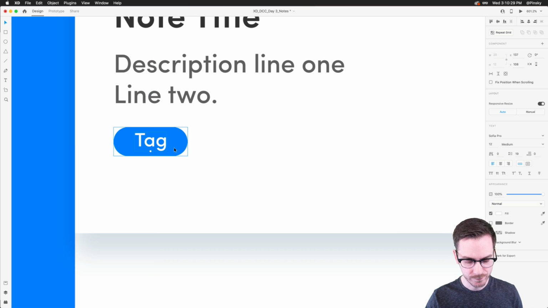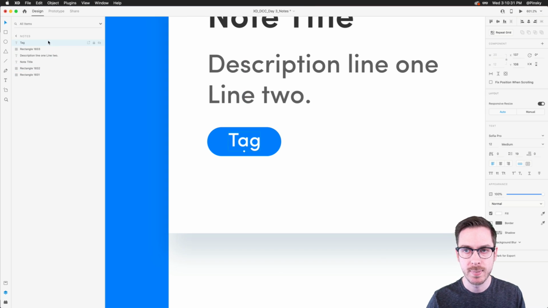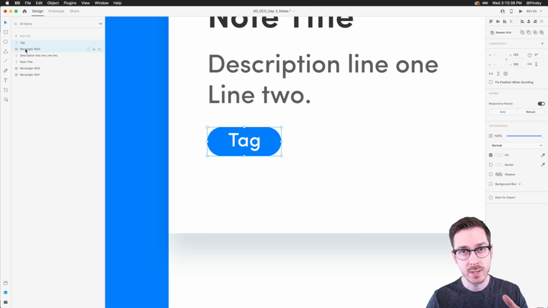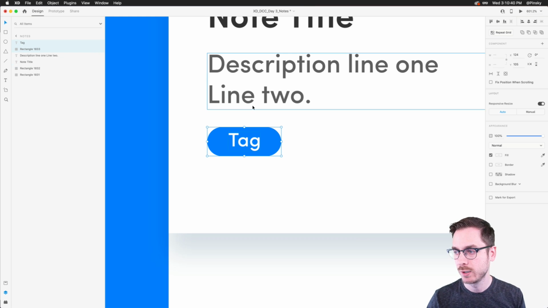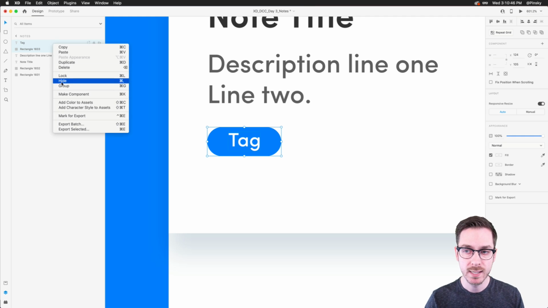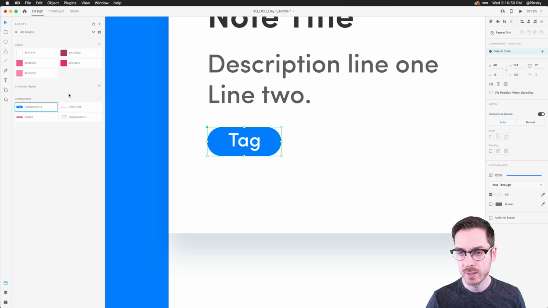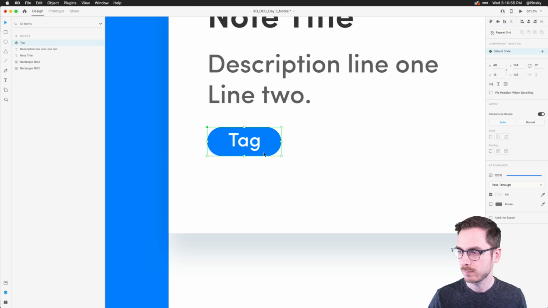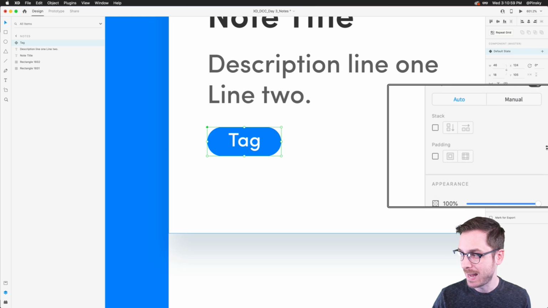So what I'm going to do here is, if we take a look at the layers panel, I'm going to make sure to select both layers that make up this tag. So I've got both of them selected here. You can either do that in the layers panel or directly on your canvas. We're going to pop them either into a group or a component. To make our life simple, we're going to use a component. So I'm going to right click, make component. You can also do that in your layers panel as well. And you're going to notice it pops it into our assets panel. Tag, beautiful.